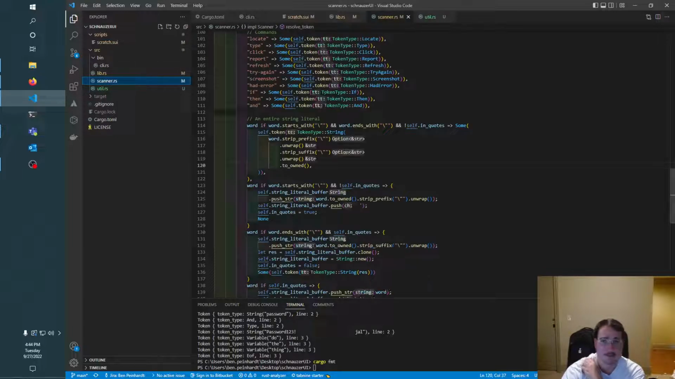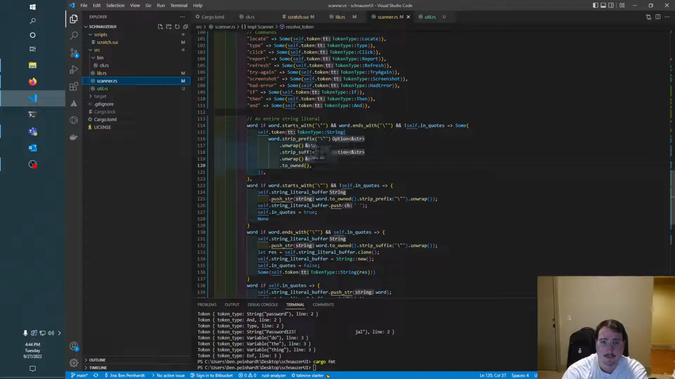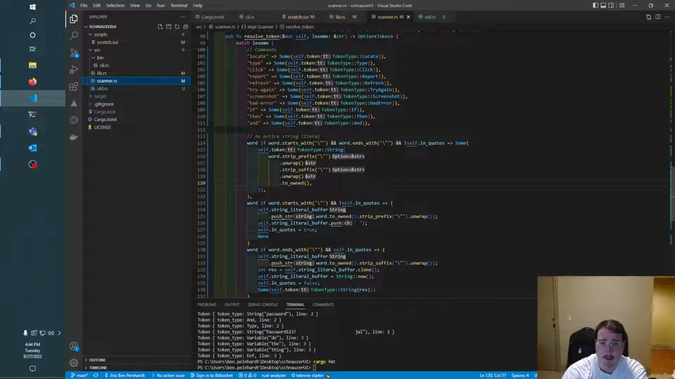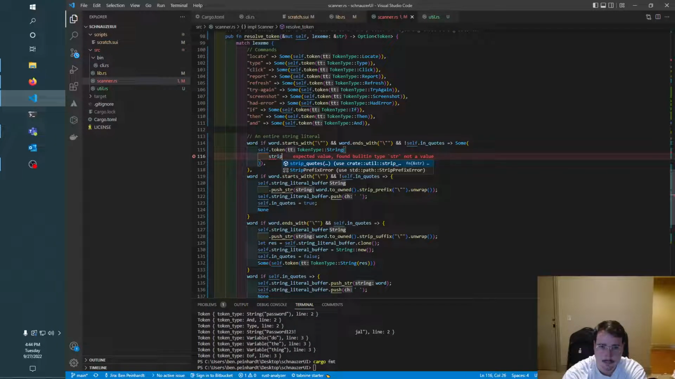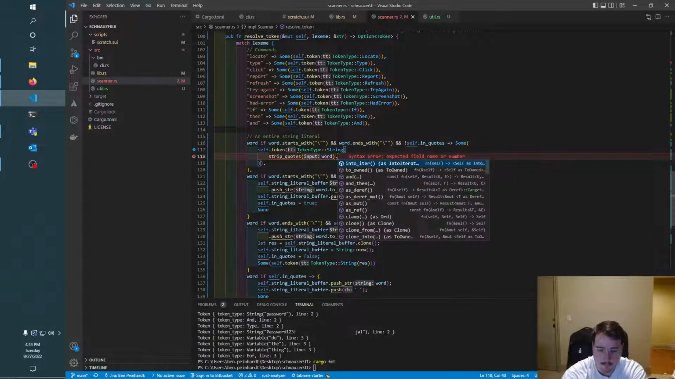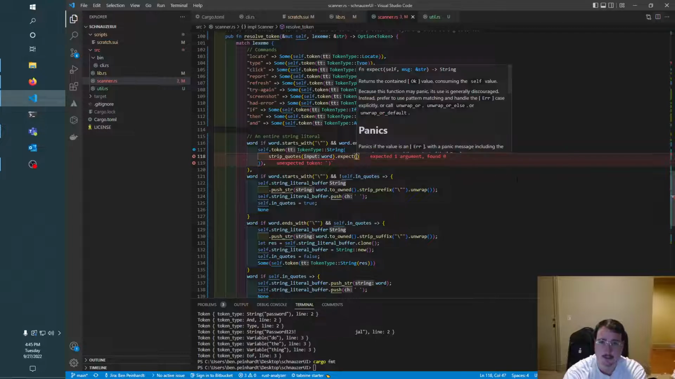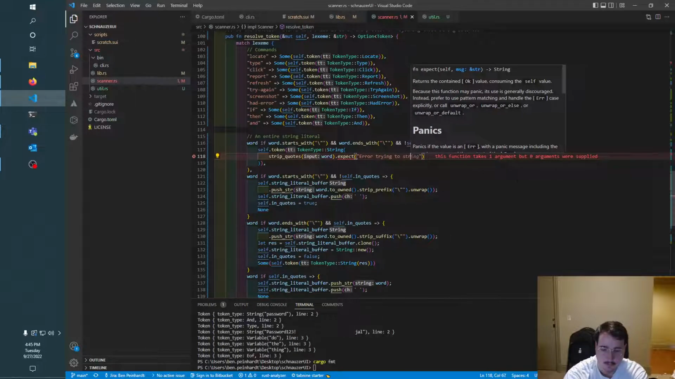So now in scanner, we can say, sorry, everything looks different because I ran cargo format. Instead of all this, we can say strip quotes, word, and then we'll say we're going to add error handling soon. For now, we're going to expect error trying strip quotes